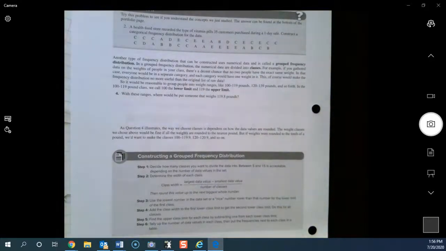So it would be reasonable to group people into weight ranges like 100 to 119 pounds, 120 to 139 pounds, and so forth. In the 100 to 119 pound class, we call 100 the lower limit and 119 the upper limit. So number 4, with these ranges, where would we put someone that weighs